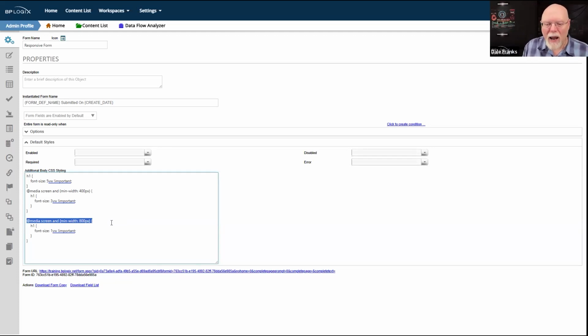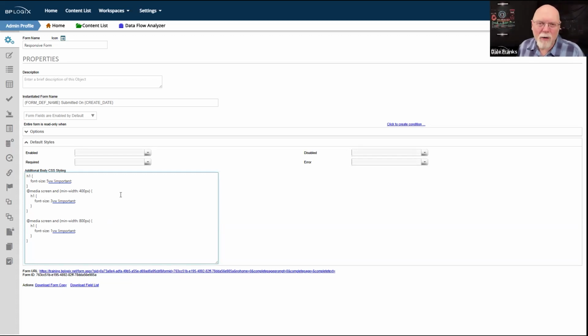So with this one, I have 2. I've got a media query at 800 pixels, and I have one at 400 pixels. And if you don't even really fully know what these things do or what the syntax is, you can just kind of copy this and use it for yourself.